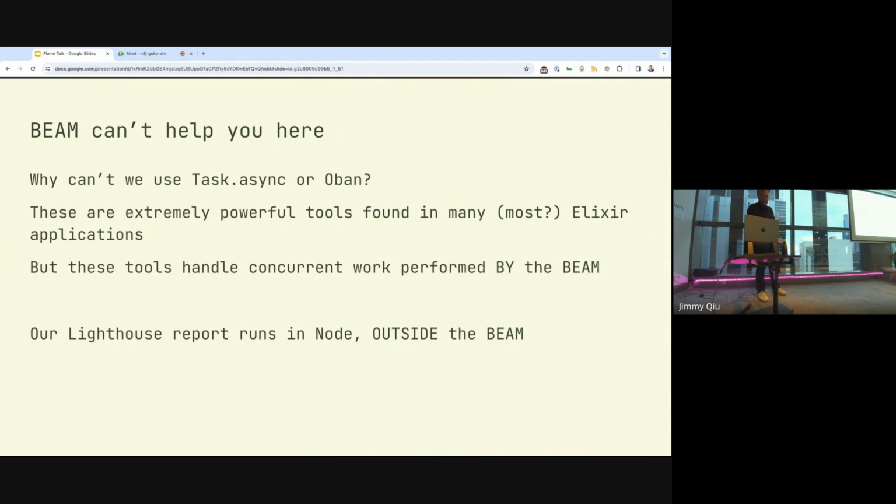One of the ways that people who are familiar with Elixir will deal with problems like this is some of the Beam primitives that ship with the Beam, things like Task.async, also things like the Oban job processing library. These are both really good tools. And if people are newer developers, new to the language, these might be the kinds of tools that they come across and they might be able to help them solve these types of problems. The problem with this is that